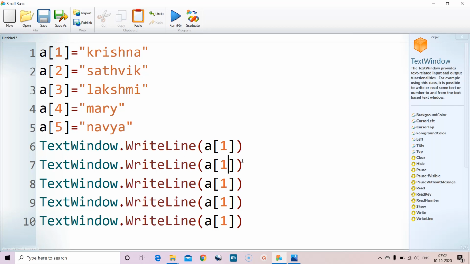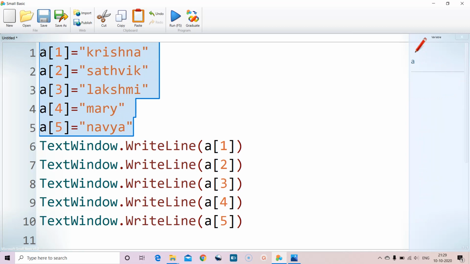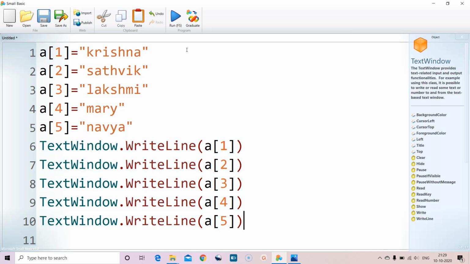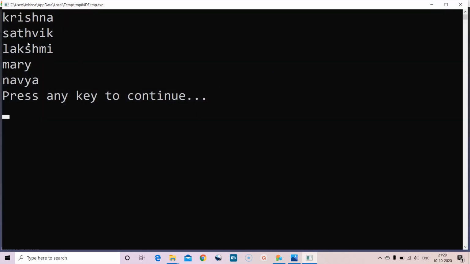Here let us change the index: A[2], A[3], A[4], A[5]. So we are storing 5 names under A with indexes 1 to 5, and we are printing all the 5 names. Let us run it. So it is printing all the 5 names. This is A[1], A[2], A[3], A[4], A[5]. So 5 names we print.